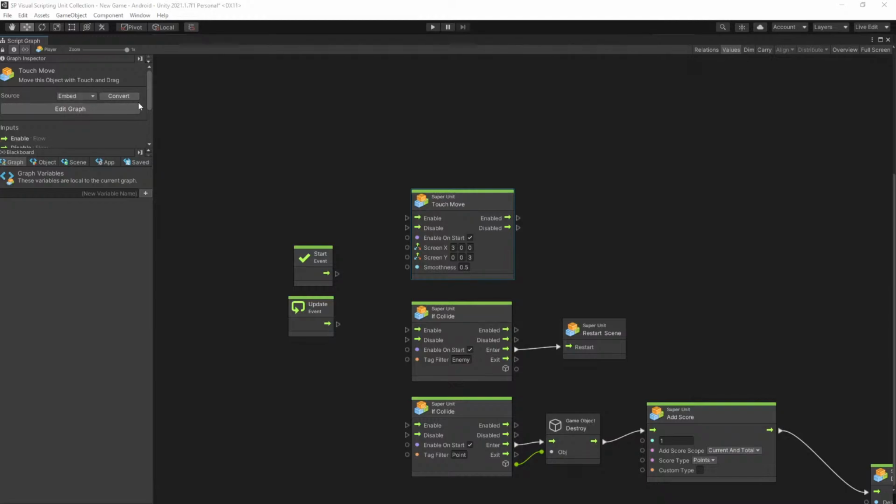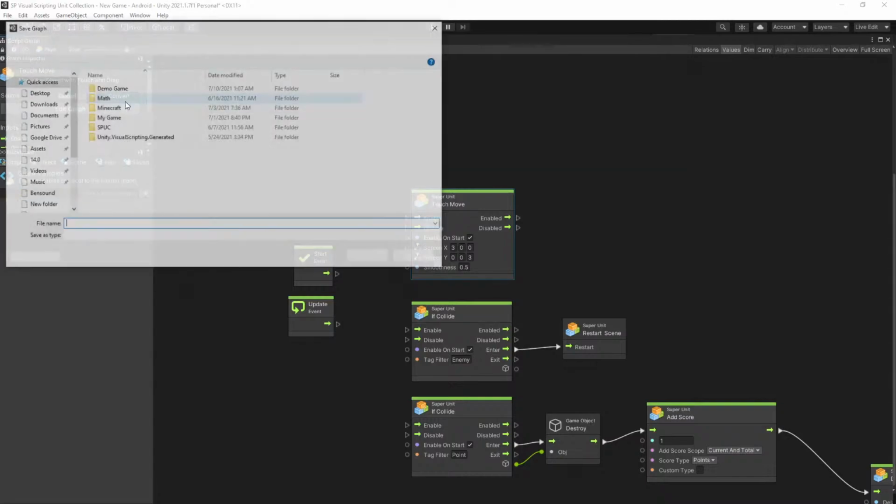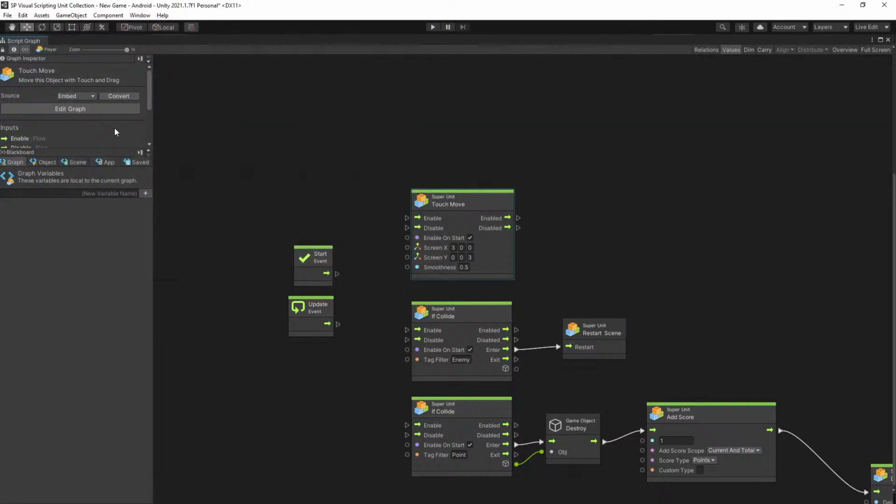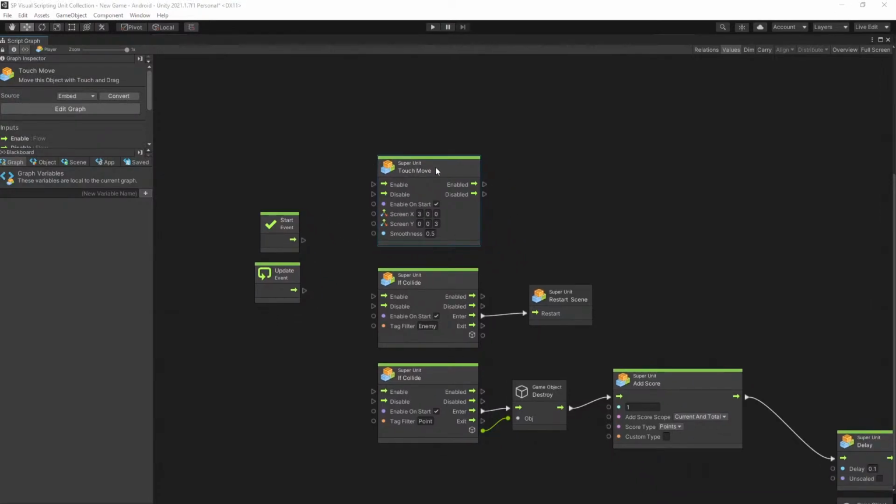When you click convert, it's going to convert it to embedded. If you want to store or save this graph separately in your game, you can click convert again and name it as you want, and that will create a graph, but it is going to duplicate the existing graph that SPUC had. So I'm just going to leave it embedded right now, and let's go inside here